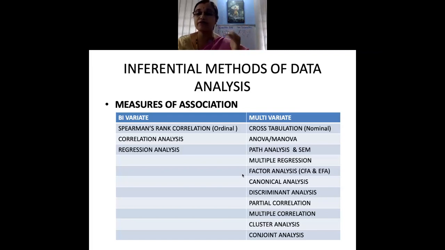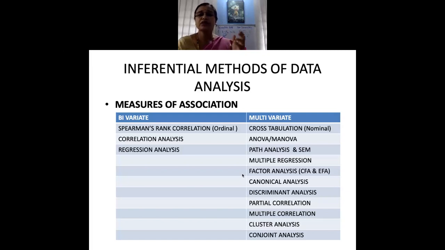For every objective, first identify what kind of data you have collected, whether nominal data, ordinal data, or interval data. For every question, please analyze that, and based on that you have to decide whether it is a normal or not normal distribution. And after that, you have to decide which technique you will be using. So it's a long process of deciding what statistical technique to use.